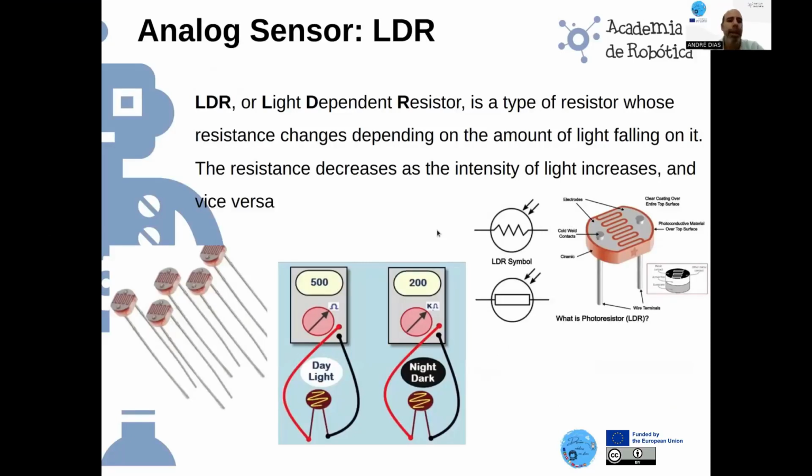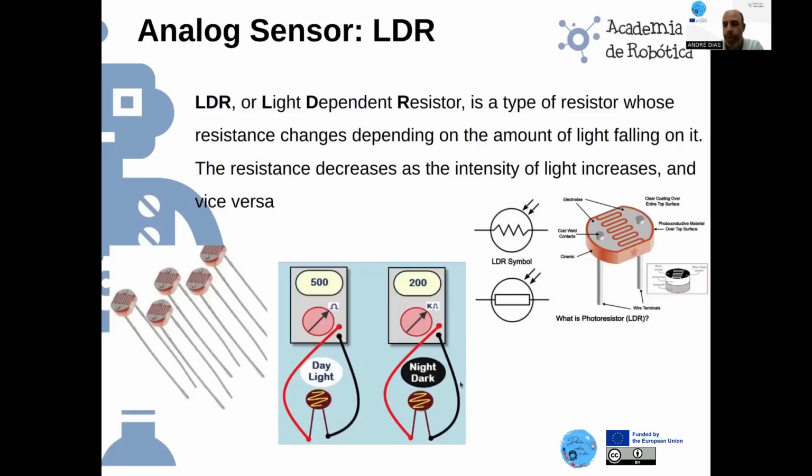Let's start with the LDR. LDR means light dependent resistor. It's a sensor that provides a resistance that varies with light, and consequently varies the voltage that we're going to acquire at the analog input. As you can see here, if you have daylight, the value will be 500 ohms. If we have dark light, the resistance will increase to